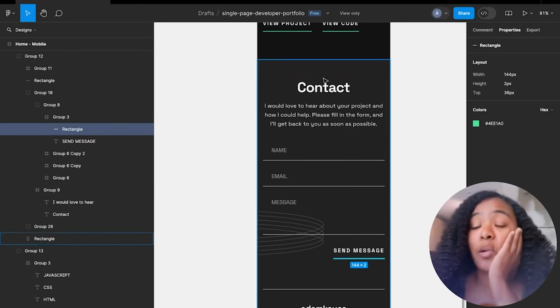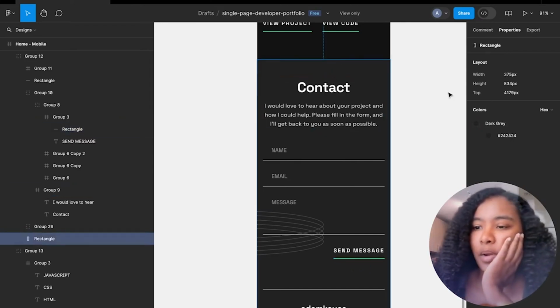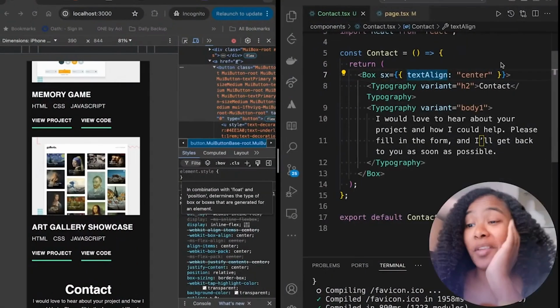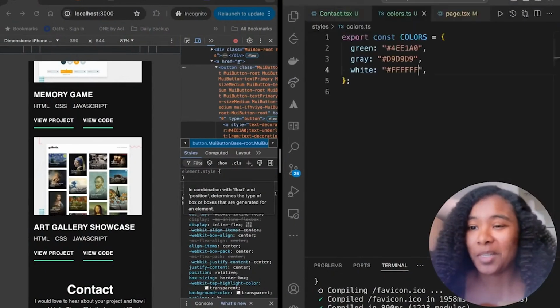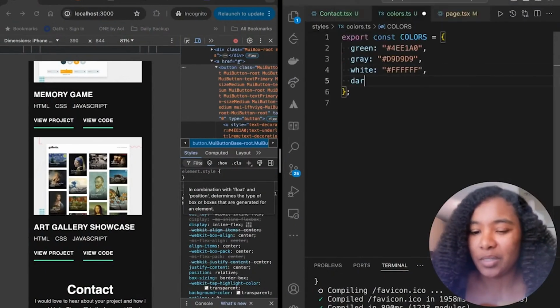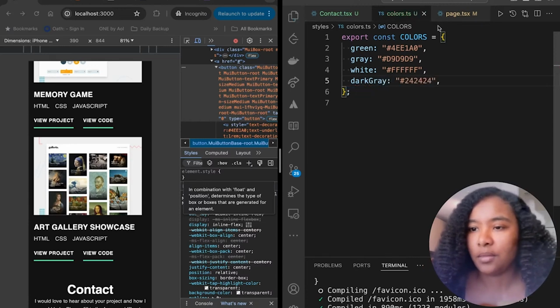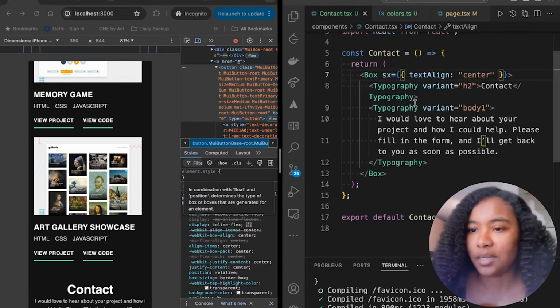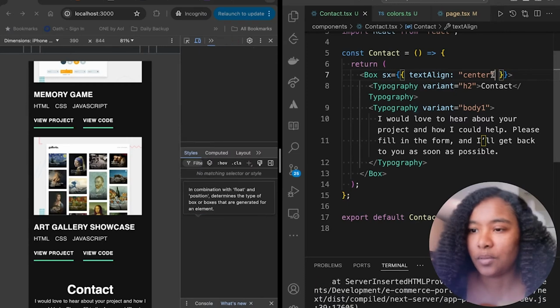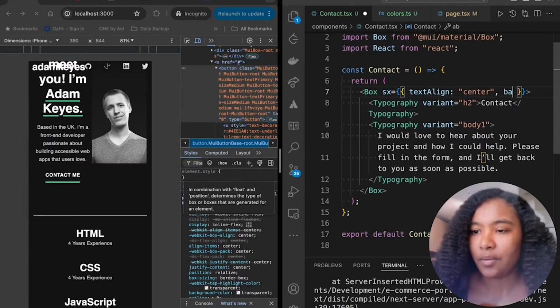All right, so we'll add. Oh, and it has a different background color. Completely forgot about that. All right, so let's do a few things. Let's change the background color first. So let's go to colors. Let's go dark gray. Contact. Let's go background